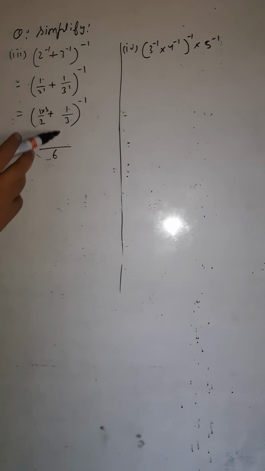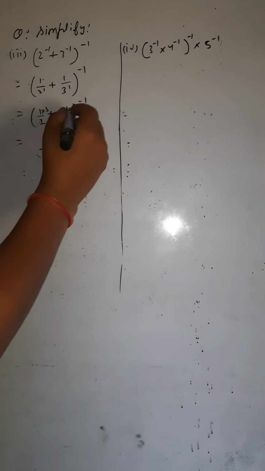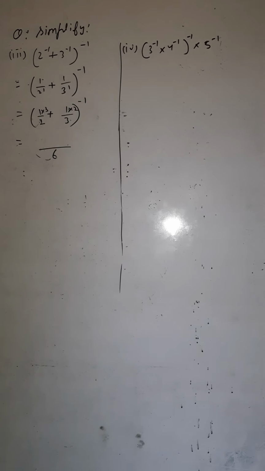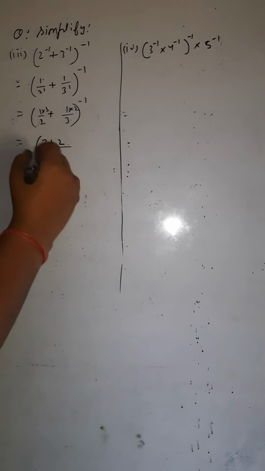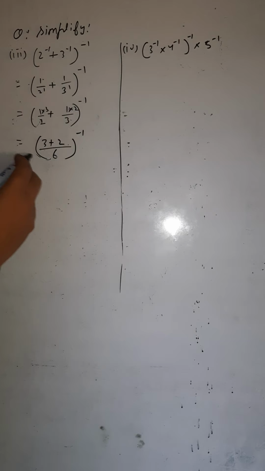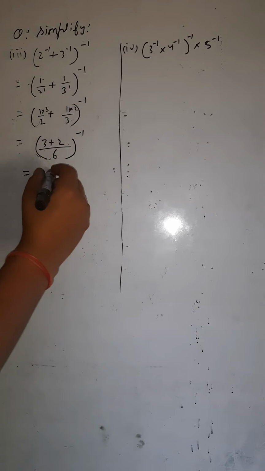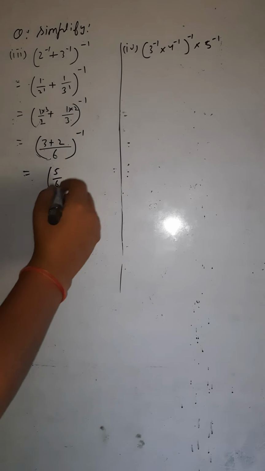Similarly, you would divide this by the next denominator, that is 3. How many times is it going? 3 twos are 6, so 2 times. So that 2 you would be multiplying upside then. Okay, so it would be (3 × 1 + 2 × 1) / 6, then again whole raised to the power minus 1. So it can be written as 3 plus 2, that is 5 by 6, whole raised to the